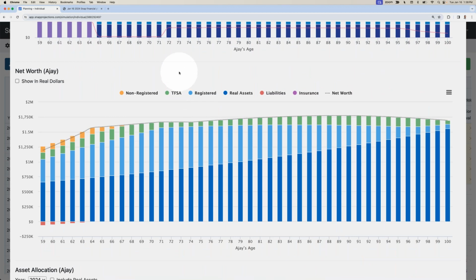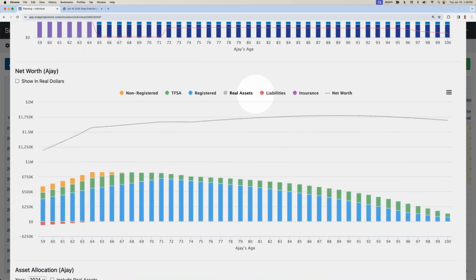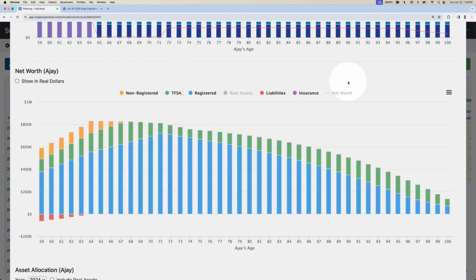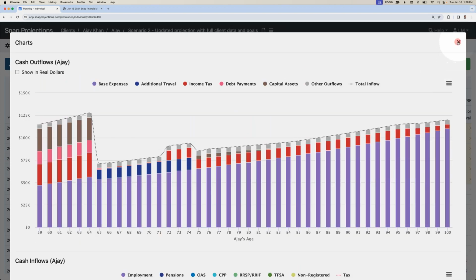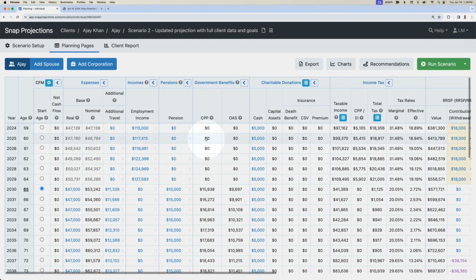And then we have the net worth, which shows a breakdown of the client's resources over time. And once again, we can interact with that by checking or unchecking legend items and customizing the chart for any specific conversation. So this would just be looking at his liquid net worth over time. And this may be where you stop with your clients, providing them with a very detailed and quite accurate projection of where they're headed. The other option that we have available is to look to optimize this and make strategies around ways that AJ can better achieve his stated goals.